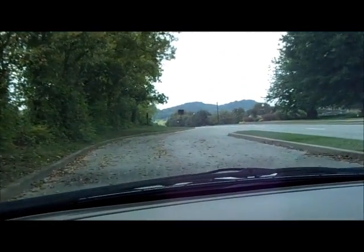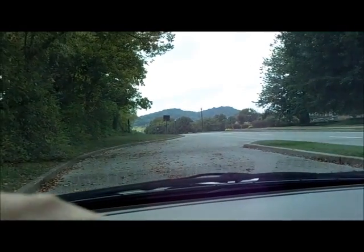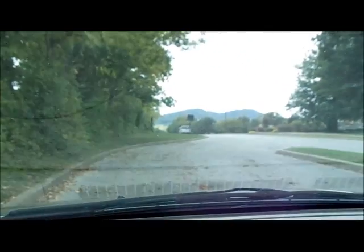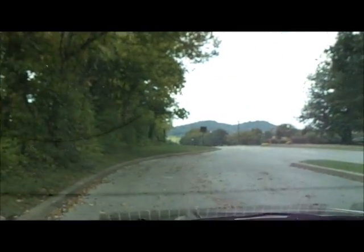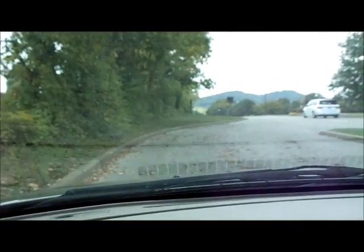They have a nice little pull out here, as you can see, so people can stop and pay their respects to slaves that are buried here. But what really caught my eye about it was it's not very far. Just down the road a ways is Brentwood High School. And it seems like at every